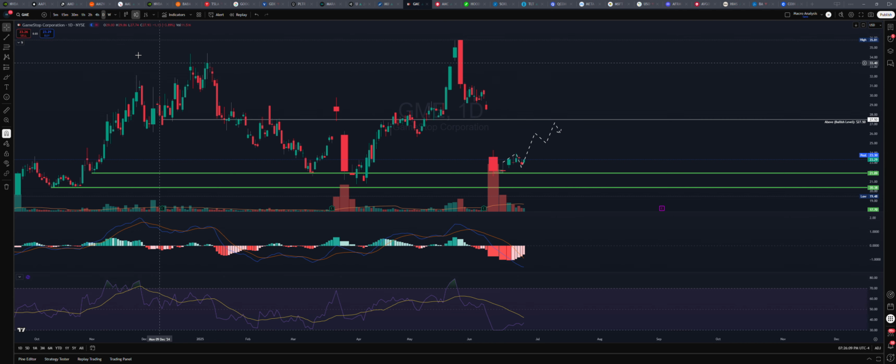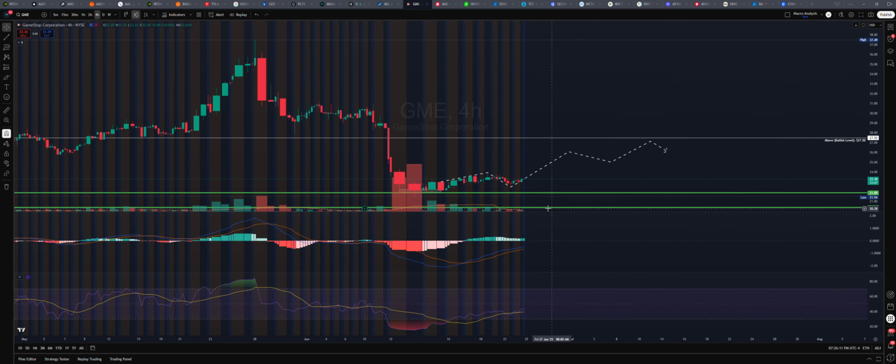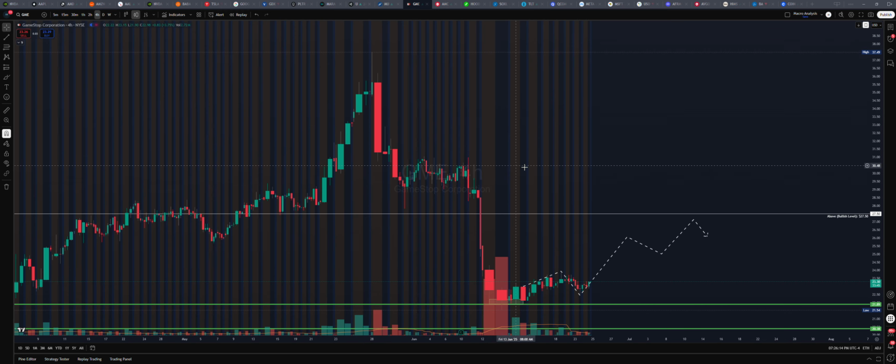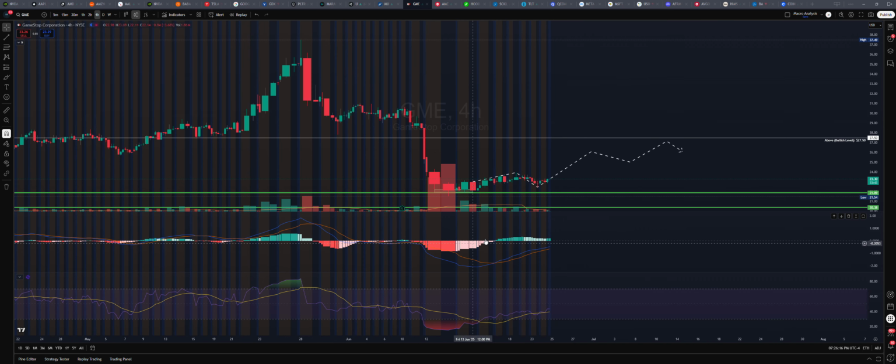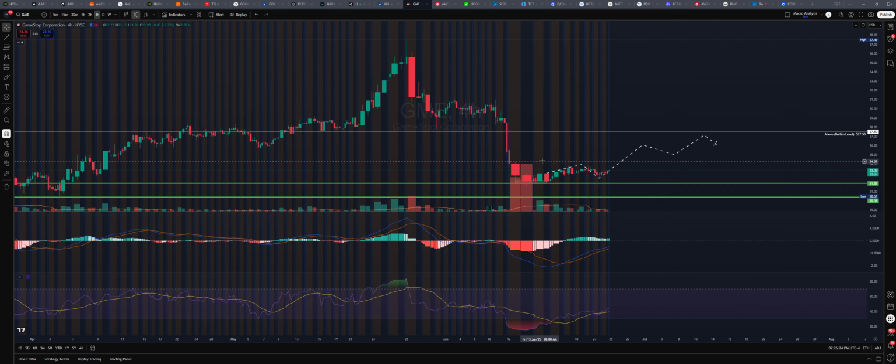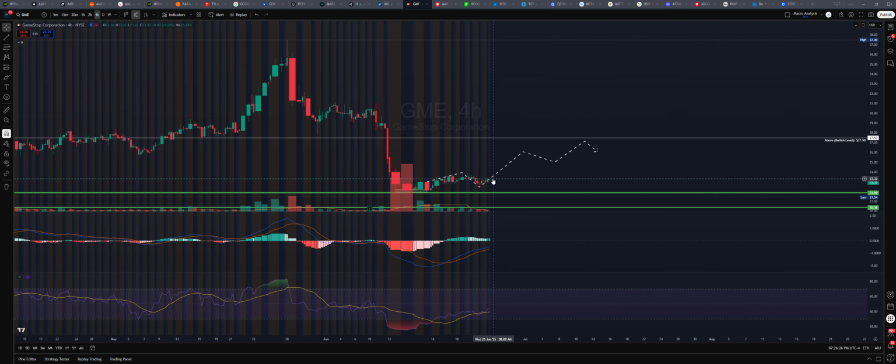We're pretty much sold on the daily chart. What I'm cautious of on the 4 hours, however, is we're still below this midline for MACD. So you could continue to see a move up here to the midline and then back down again. But overall, I'm a bit more bullish on GameStop for that upside move towards 27, at least 25 to 27.50.